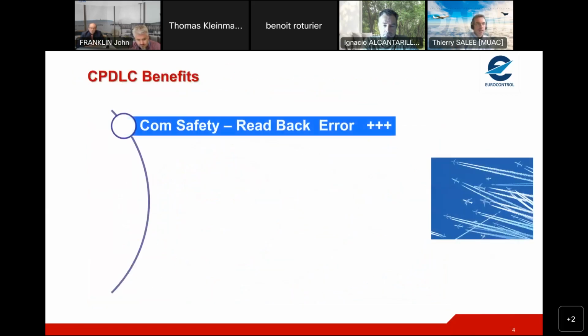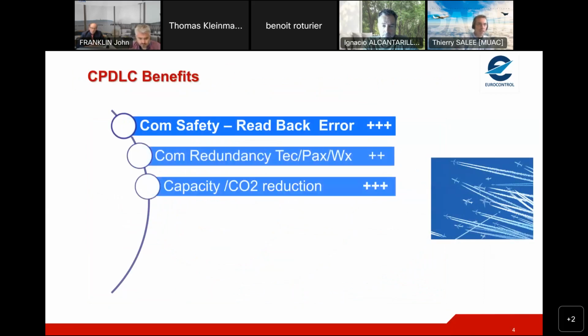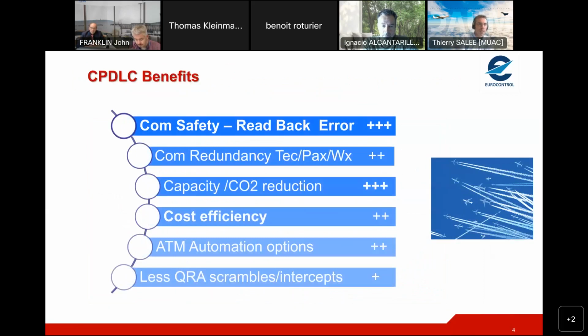Okay, just maybe for safety, what are the CPDLC benefits as a reminder? I will show you quickly, but I will not go into all the details. We decrease the number of readback errors or communication errors. We have some redundancy in terms of